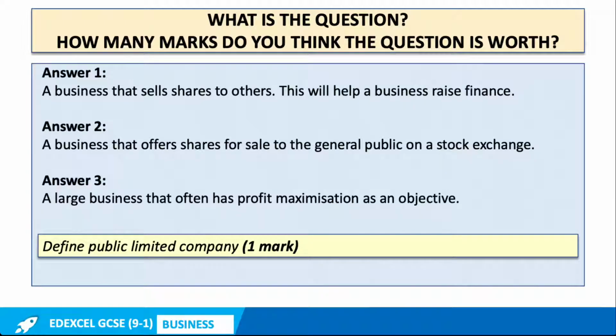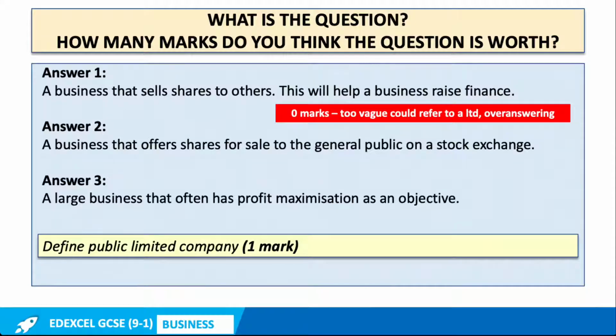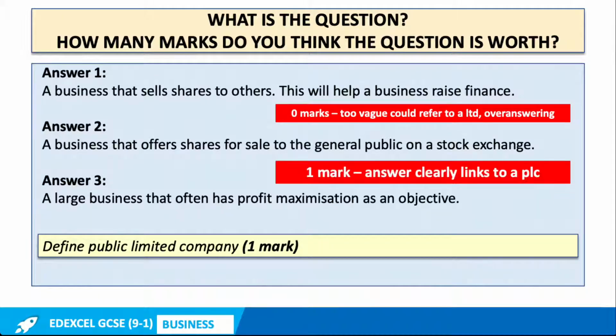So have a look at those answers again. Now you know the question. Which of those answers, if any, are responding exactly to that question? So Crocodile is saying option 2. We've got another person saying all 3. So let's take a look at how these answers would be assessed by an examiner.